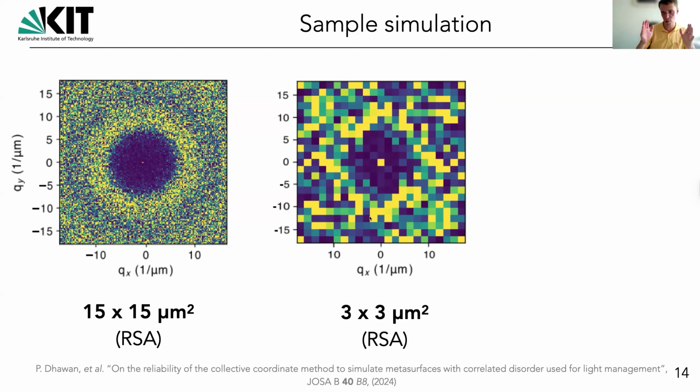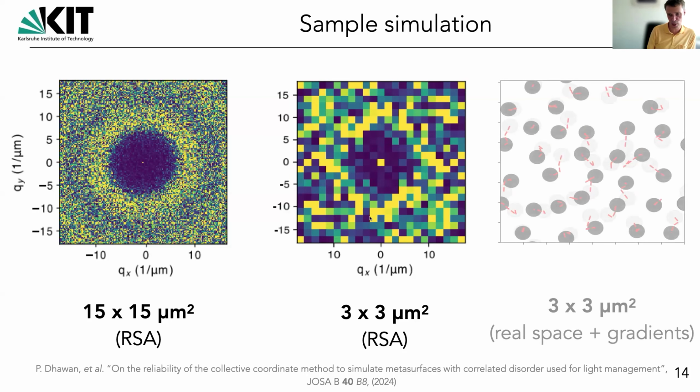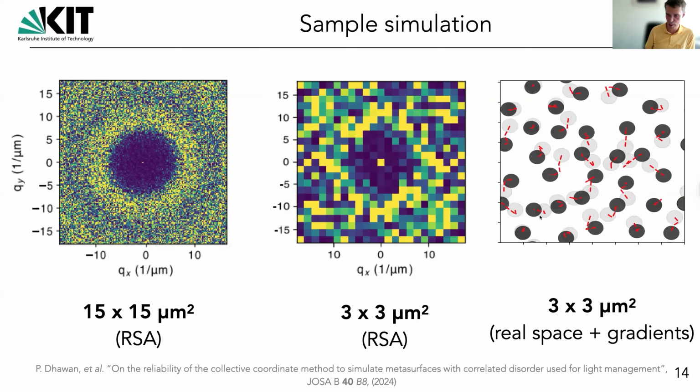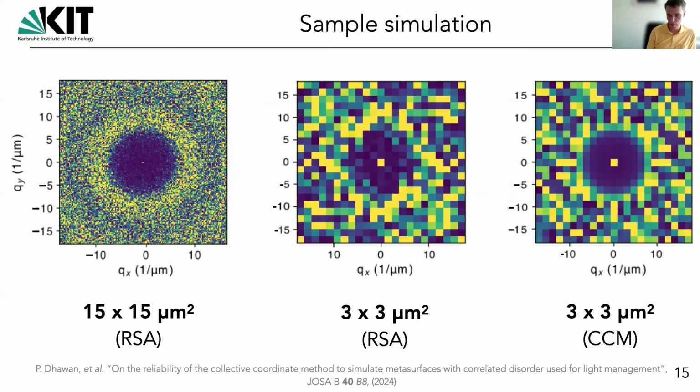And that is just because the spatial domain that we consider in the sort of supercell simulation is too small. And this is illustrated maybe also here. And now the idea is that we tweak these positions of these individual disks. So the starting and the end point is illustrated here with these black and white circles. So we tweak these positions of these disks just slightly, thanks to this efficient gradient information, such that the structure factor of this modified sample agrees very well with the structure factor that we have been obtaining here from